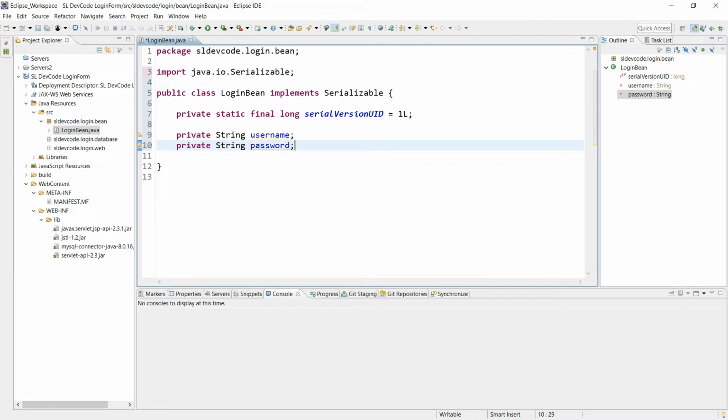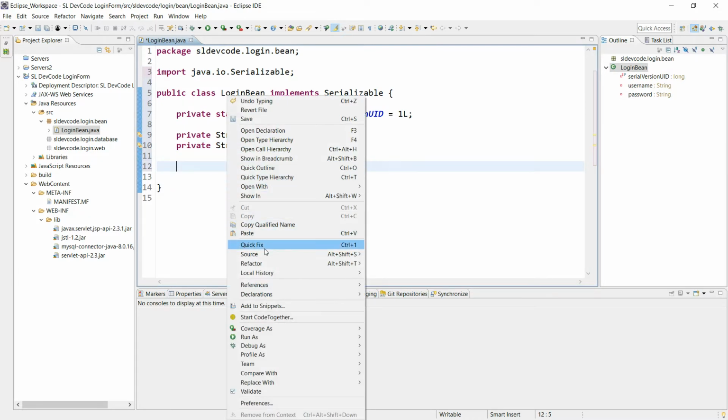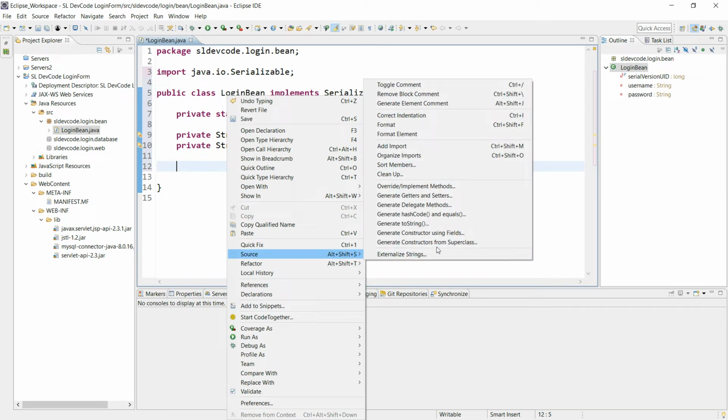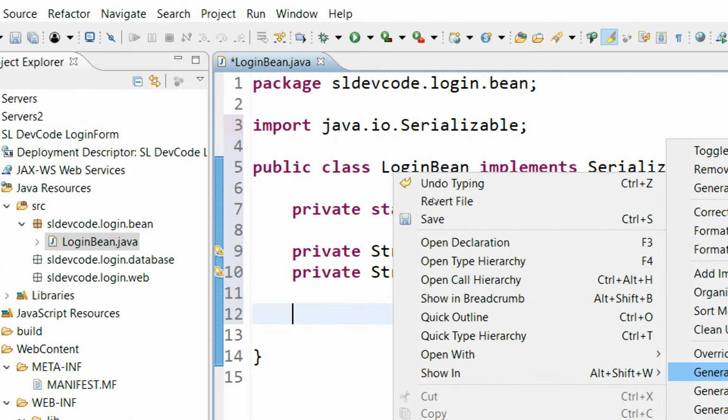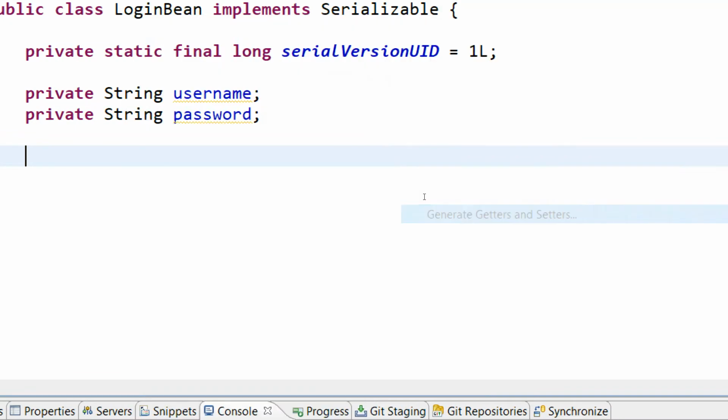Finally, you have to create getters and setters for those private fields. Right click the project, go to source and select generate getters and setters.